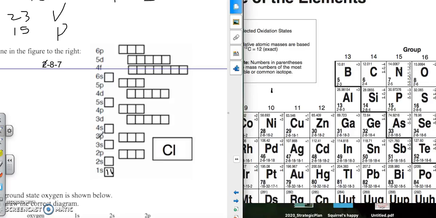The second number, 8 electrons, they're going to go into the second principal energy level. So we're going to have an up arrow, we're going to have a down arrow. There's 2 electrons. Then we're going to go 3, 4, 5, and then we're going to go 6, 7, 8. So there's our 8 electrons right here, and then 7 electrons are going to go 1, 2, 3, 4, 5,